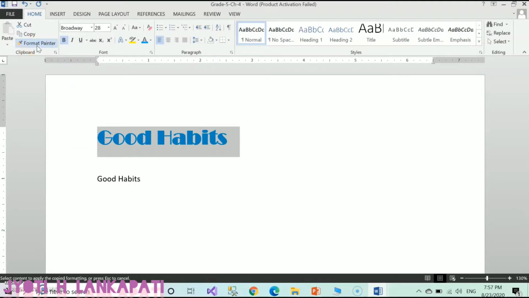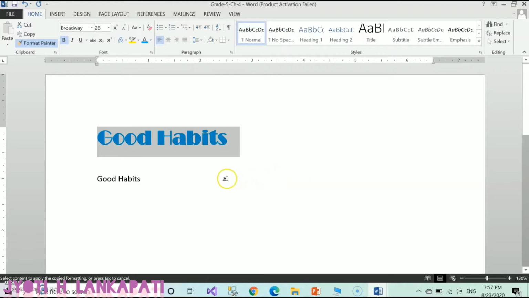Now, after clicking on that option, your pointer shape will change. It will change into a brush shape. See, you can see the brush with the pointer shape. Okay?